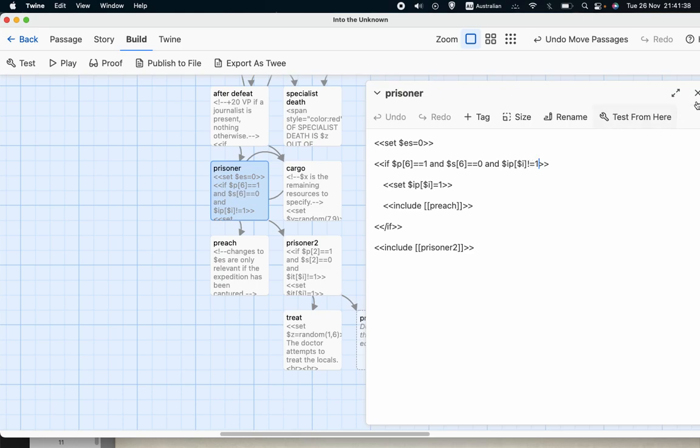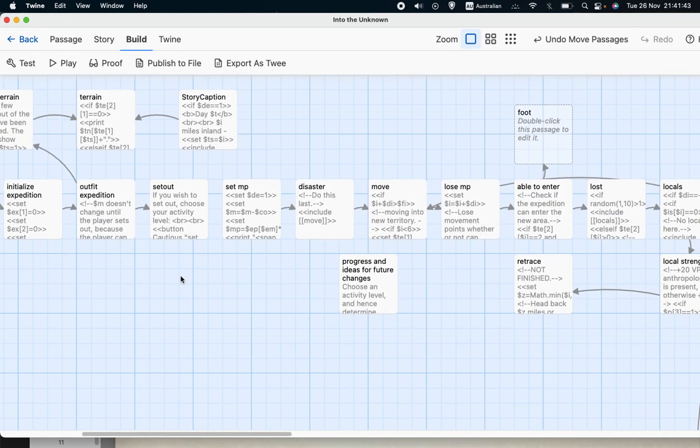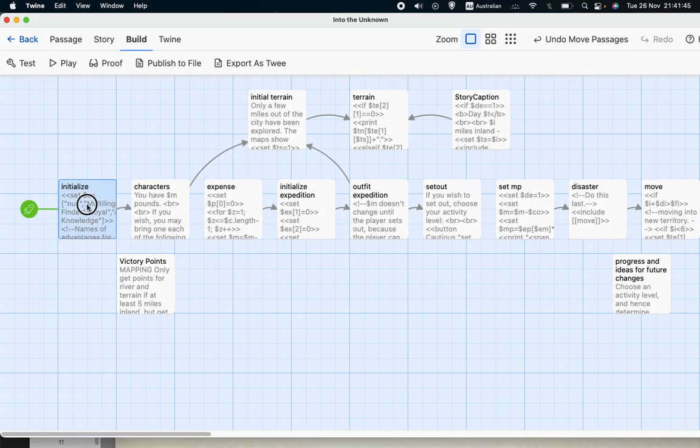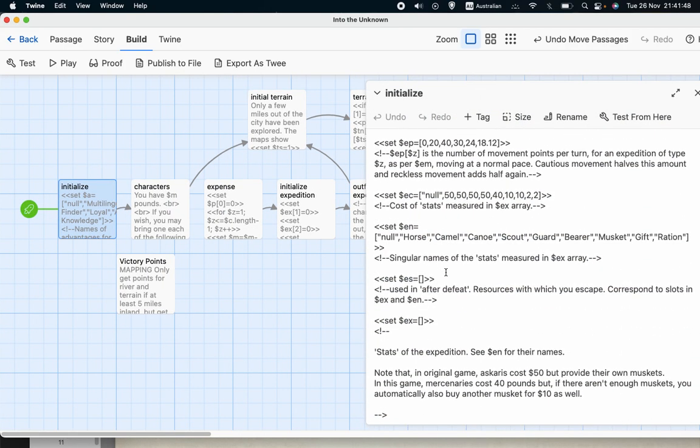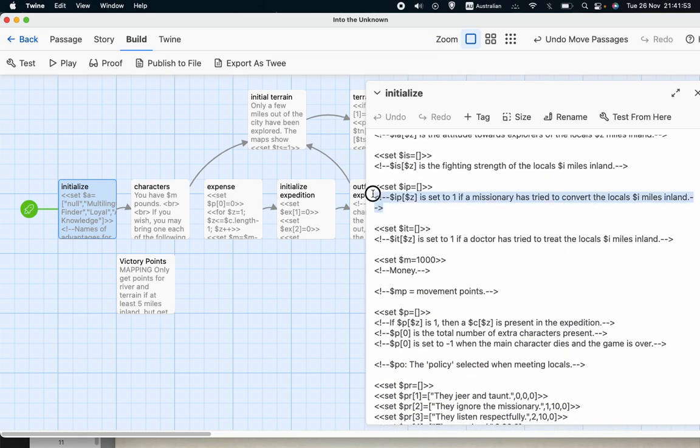Well, this is a new variable, which I cunningly forgot to show you, so I'm sorry about that. I should have done that at the beginning. The rule says that a missionary can only try and convert a given bunch of locals once. And the reason for that, I suspect, is because if that rule wasn't the case, the missionary could just sit there in one village preaching again and again and getting victory points without any danger. So I assume that they've said, no, one go per